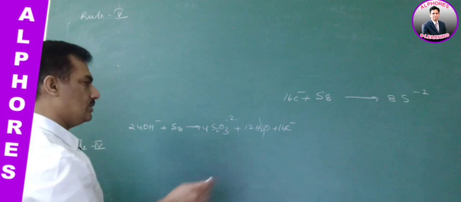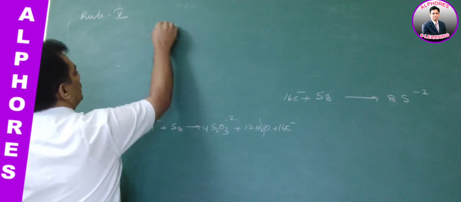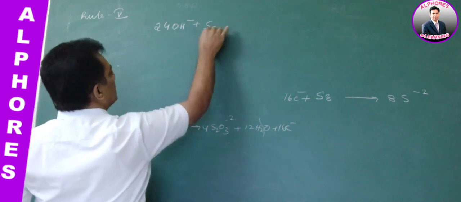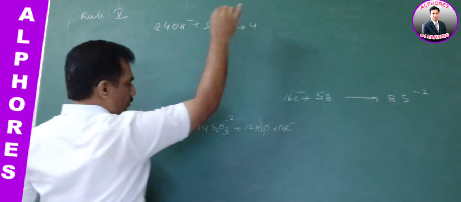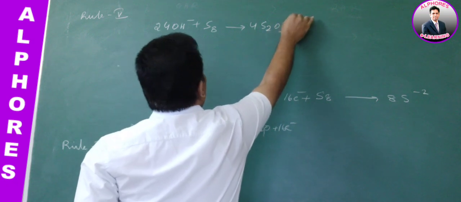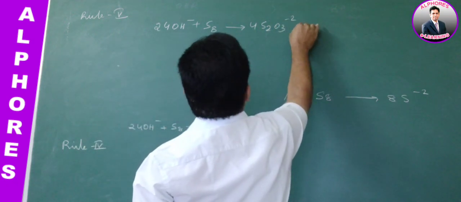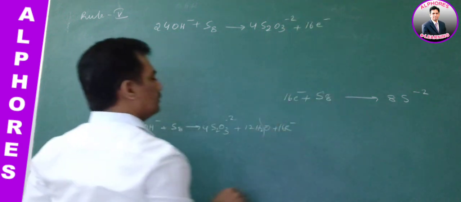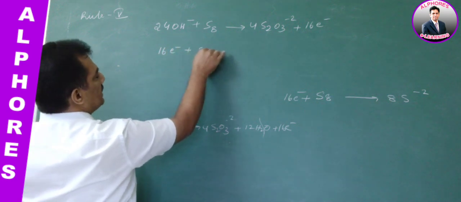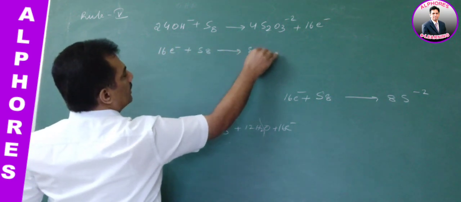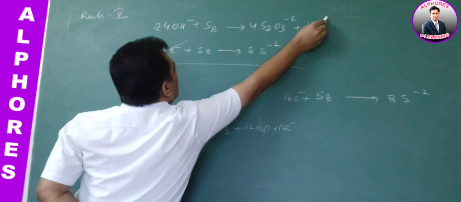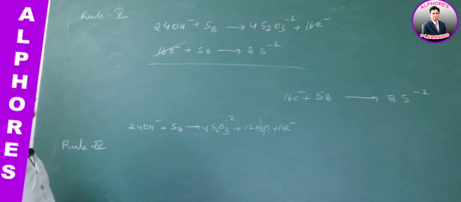Add the two half reactions. Now let us write the two half reactions. The oxidation half is 24OH minus plus S8 giving 4 S2O3 minus 2 plus 16 electrons, and the reduction half reaction is 16 electrons plus S8 giving 8S minus 2. Here the electrons get cancelled, and now